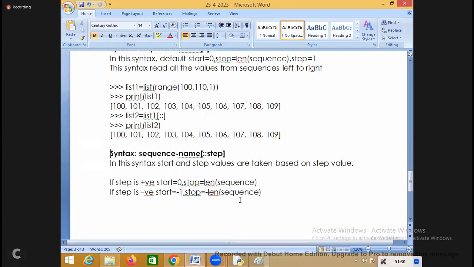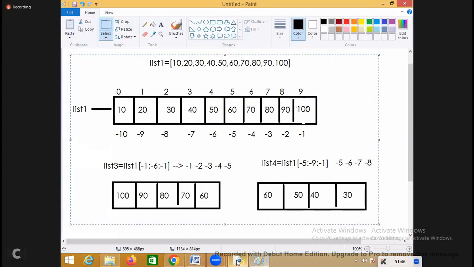So if you don't give the start and stop, and you give only the step value, it will read from left to right. And if you don't give the start and stop, and you give a negative step, then it will read from right to left. For example,